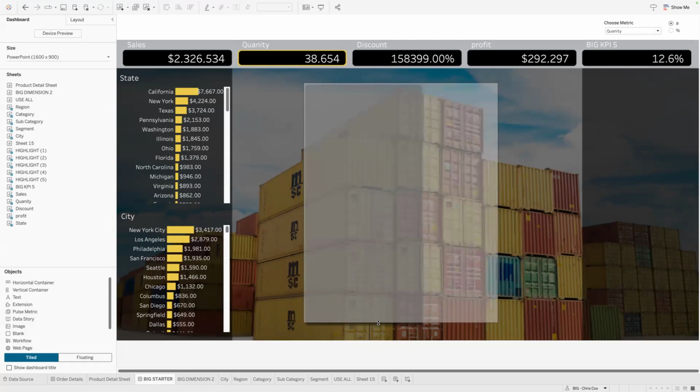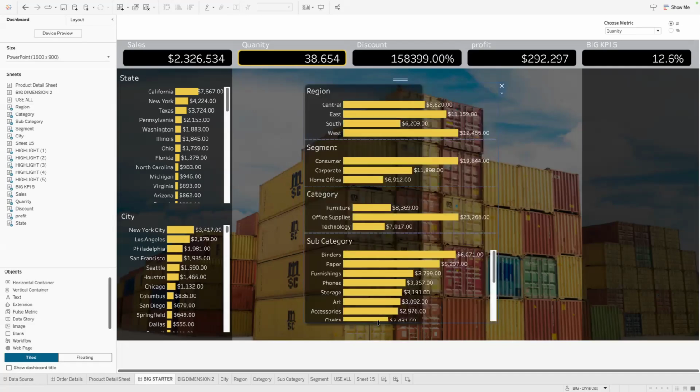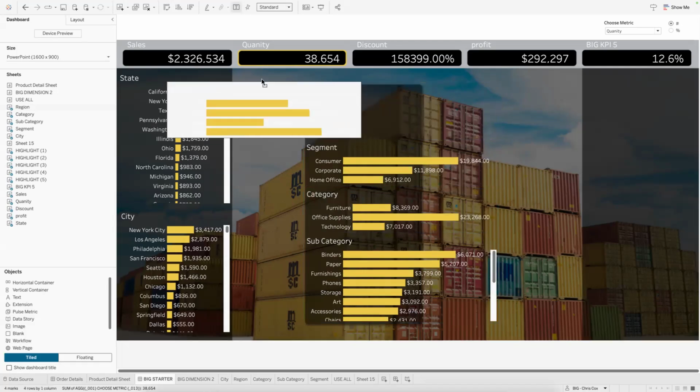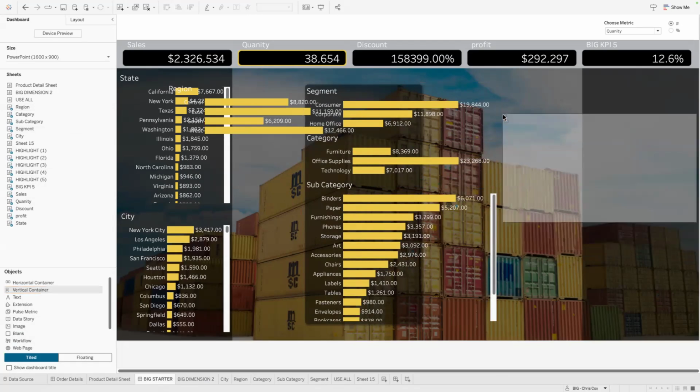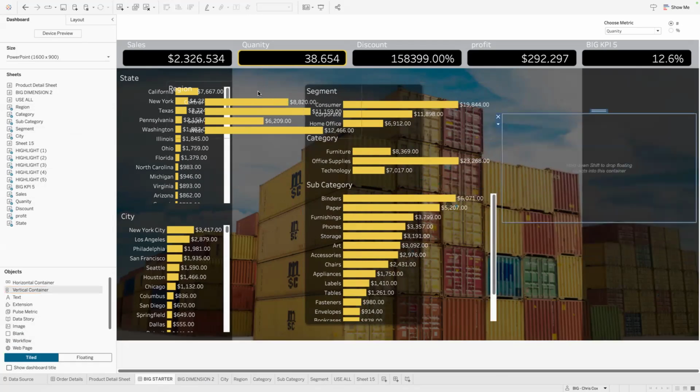So in general, if I take region out, let's see how that goes. Yeah, that'll be better. Okay, I'm going to create another vertical container. So I'm going to move these over to group them. I'm going to take region, put that over here.